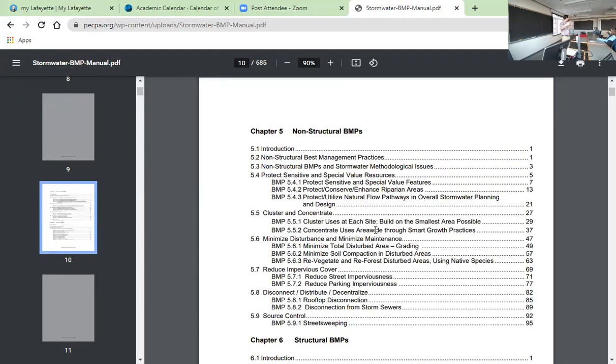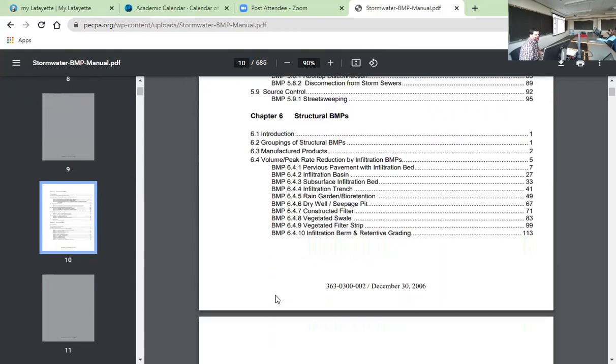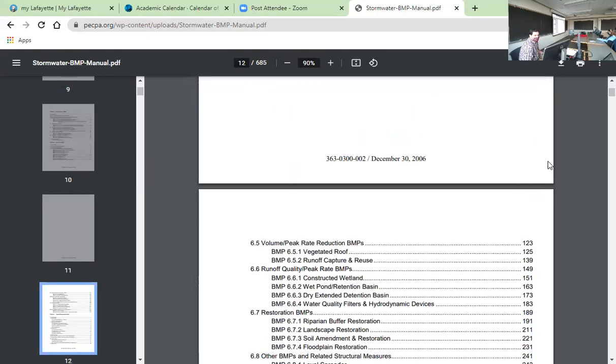A lot of more modern subdivisions have them tying into the storm system. Now they've realized, well, it kind of makes more sense for it to run across the ground and have at least a little bit better of a chance of infiltrating. Is it perfect? No. Street sweeping. Well, a lot of municipalities do that anyway. Okay. So then as you go through the manual,